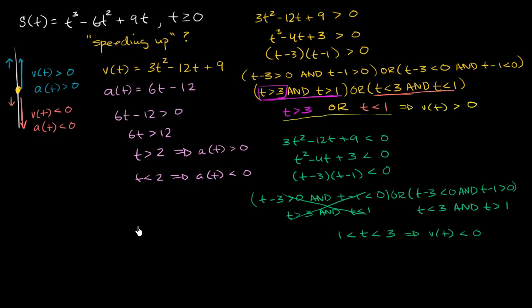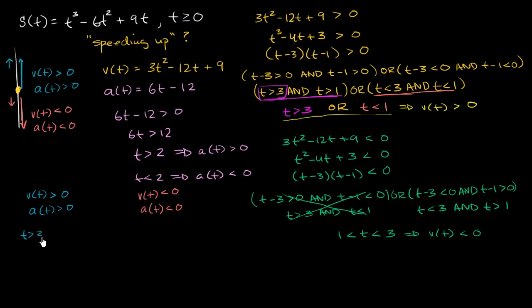So when are both velocity greater than 0 and acceleration greater than 0? So when are we speeding up in the upwards direction? Let me copy and paste this. Since I'm in copy and paste mode, let me copy and paste this too. That's going to be when we're speeding up in the downward direction. We're getting faster and faster in the downward direction. So let's see, we want our velocity to be greater than 0. Our velocity is greater than 0 when t is greater than 3